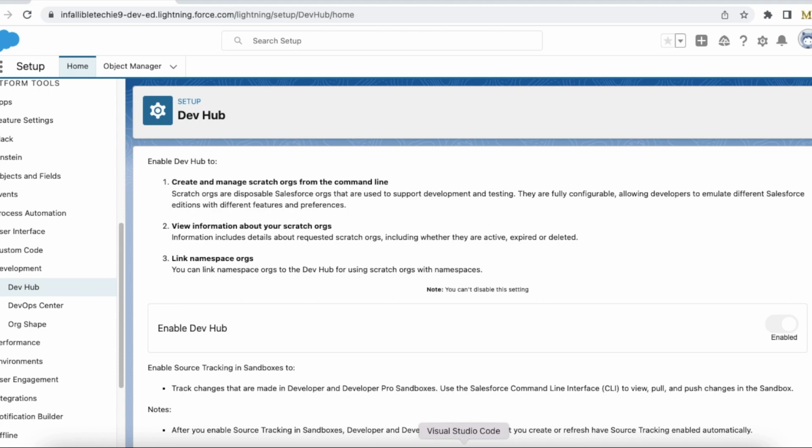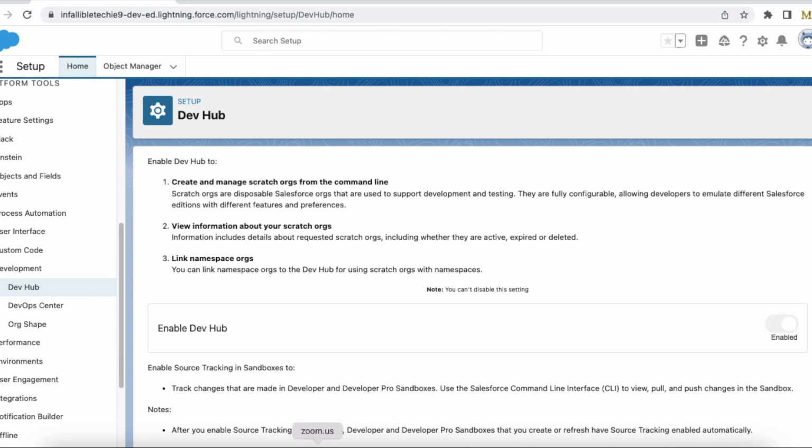In order to create a Scratch org in Salesforce, we should have a dev hub. So dev hub is nothing but an org, Salesforce org, from which we will be creating the Scratch orgs. So we cannot simply create a Scratch orgs. We should know the source. This source is not for metadata or anything like that. You can also use for that, but if you even want to create a clean Scratch org, then also we need an org,